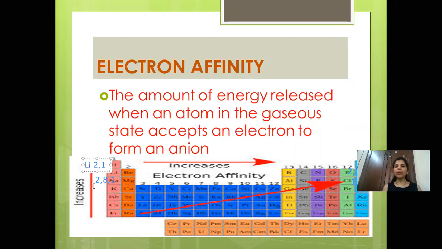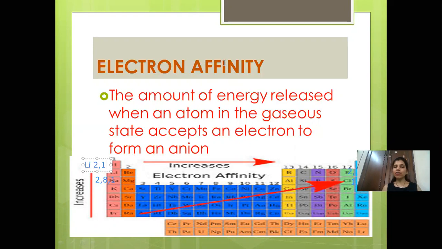So what should happen to the electron affinity? It is directly proportional. The more the nuclear charge, the more the electron affinity. So it should increase. But what is happening is, you can see that as new orbits are added, the nuclear pull decreases. And because the nuclear pull decreases, the atomic size dominates the nuclear charge. So as it dominates, down the group, it decreases.